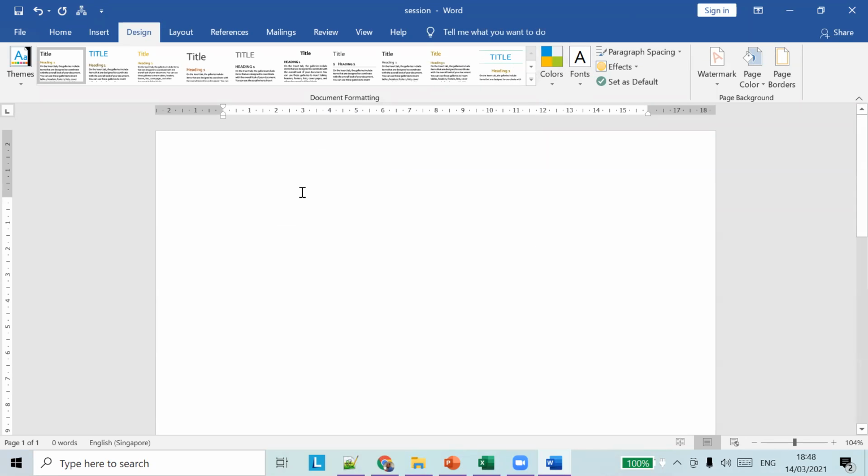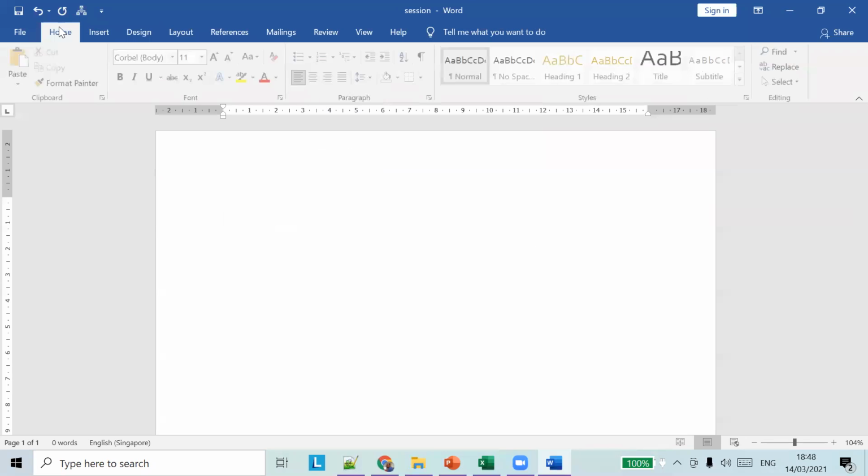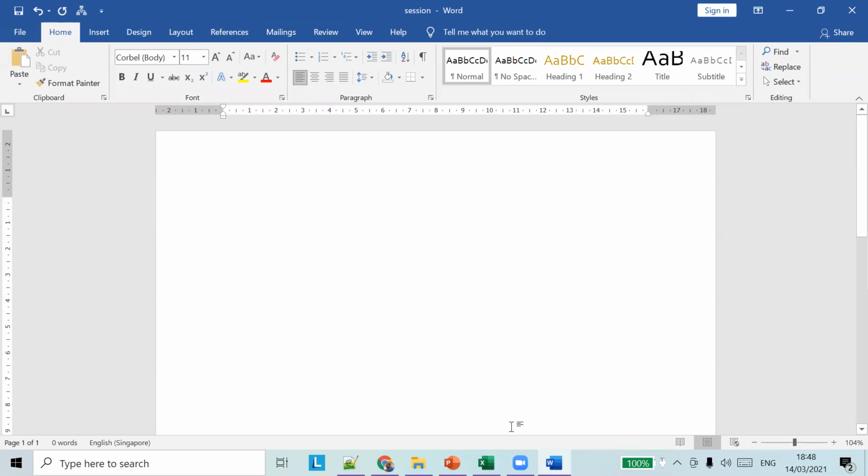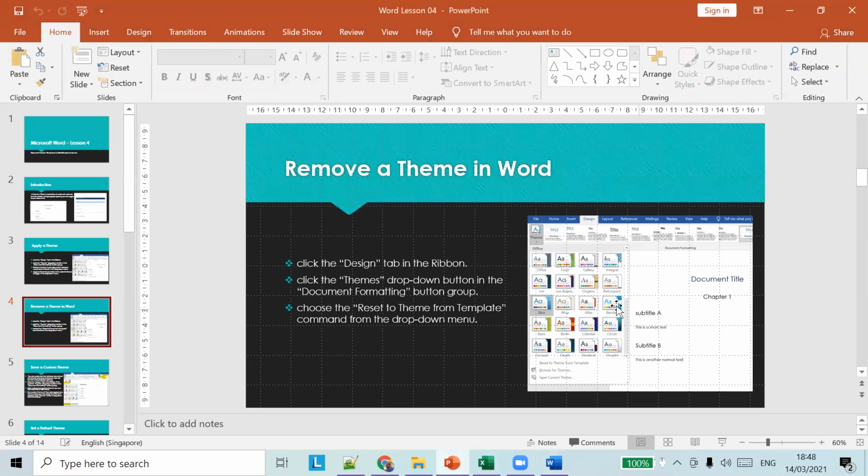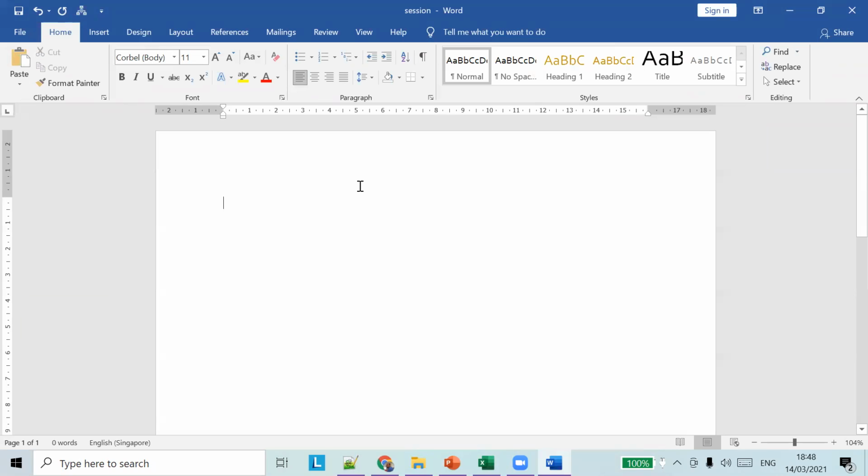So first, let's add a heading. Let's say document title. This will apply a Heading 1 style. If you see here, we have already chosen a theme, and for that particular heading, the colors and fonts are applied automatically.